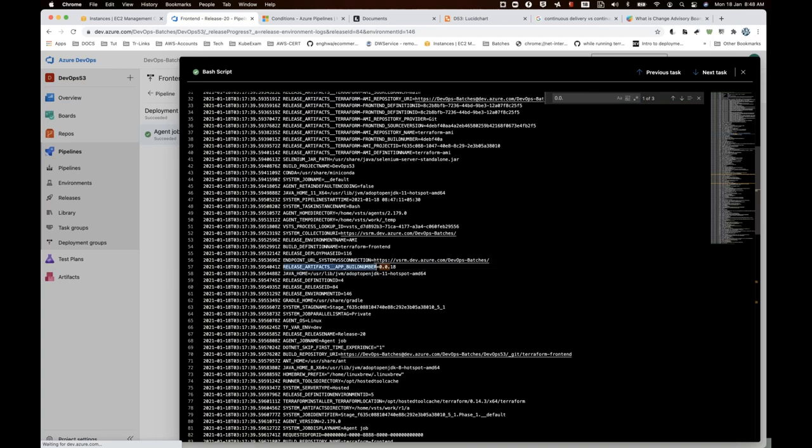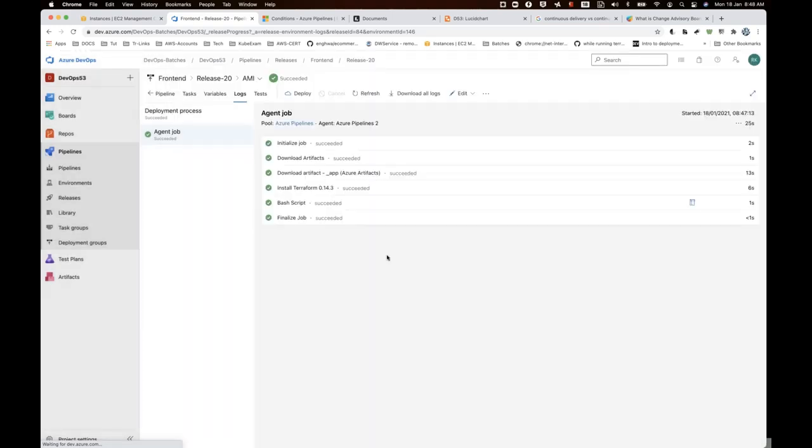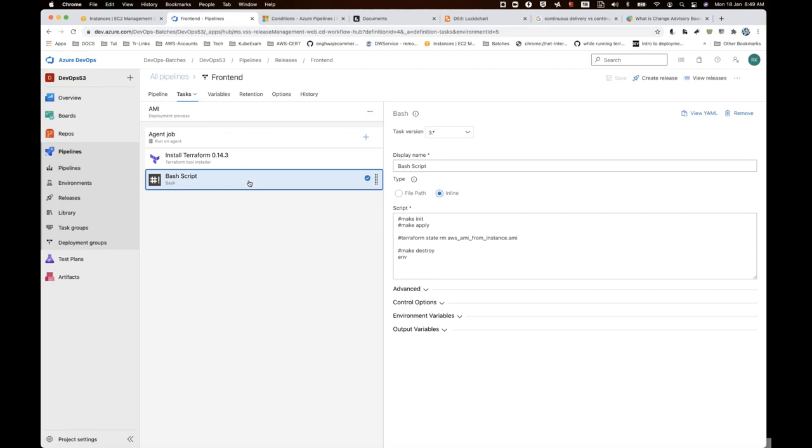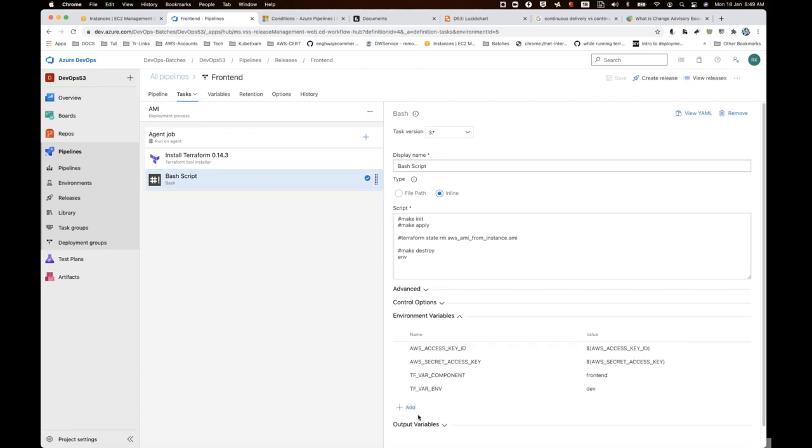So now this is the number I have to pass to my Terraform. Okay, so how do I pass that? Let's go to edit, and then edit pipeline, and the little steps I need to modify here. Now here, if I want to make init, then environment variable, so I have to make TF underscore VAR.